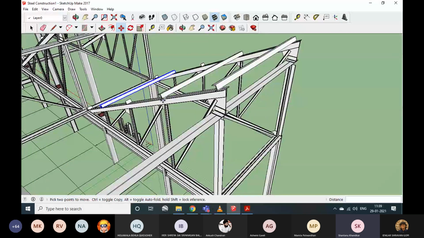And the distance between these cleats and all these purlins would depend on the kind of roofing sheet you're using. So if you're using, let's say, an 8x4 PVC sheet or an AC sheet or whatever it is, then the purlins would have to be about, say, 8 feet apart, right? Because then the sheet can span across that distance.